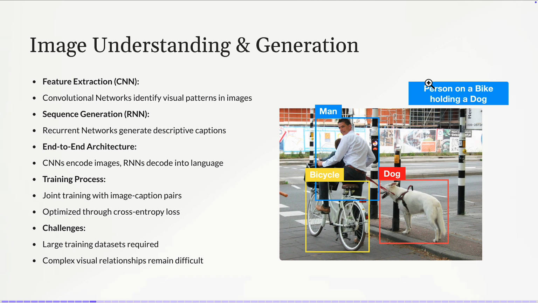But back at that time, we needed to use a combination of neural networks in order to get these types of outcomes. So the challenge is that large training data sets are required, and complex visual relationships remain difficult. So they were successful to some extent, but we cannot say that they are generalized. You know that something is generalized when you find commercial applications in the market, but this was very, very limited. But now we can see plenty of applications in any kind of business sector.